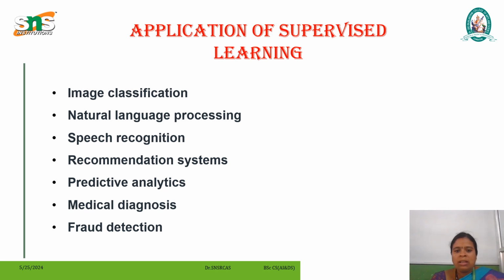Medical diagnosis. Detect diseases and other medical conditions. Next one, fraud detection. Identify fraudulent transactions. Autonomous vehicles. Recognize and respond to objects in the environment. Email spam detection. Classifying email as spam or not spam. Quality control in manufacturing. Inspect products for defects. Credit scoring. Assess the risk of a borrower defaulting on a loan. Gaming. Recognizing characters, analyzing player behavior, and creating NPCs.